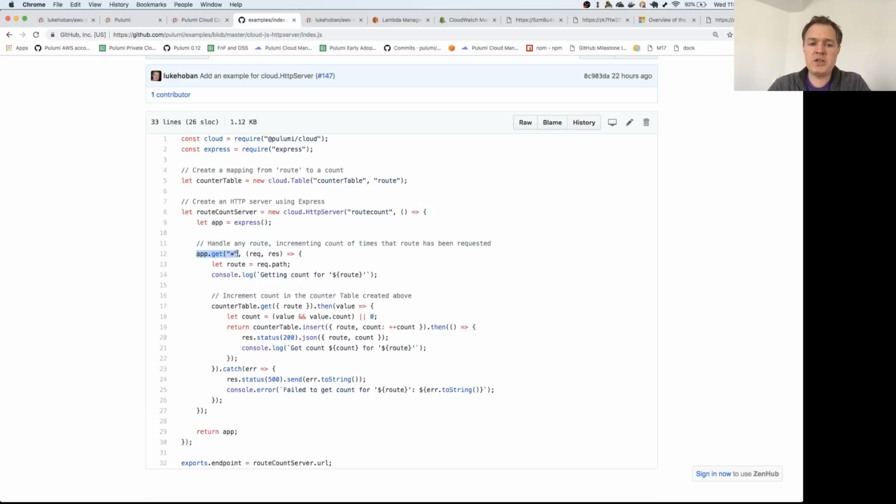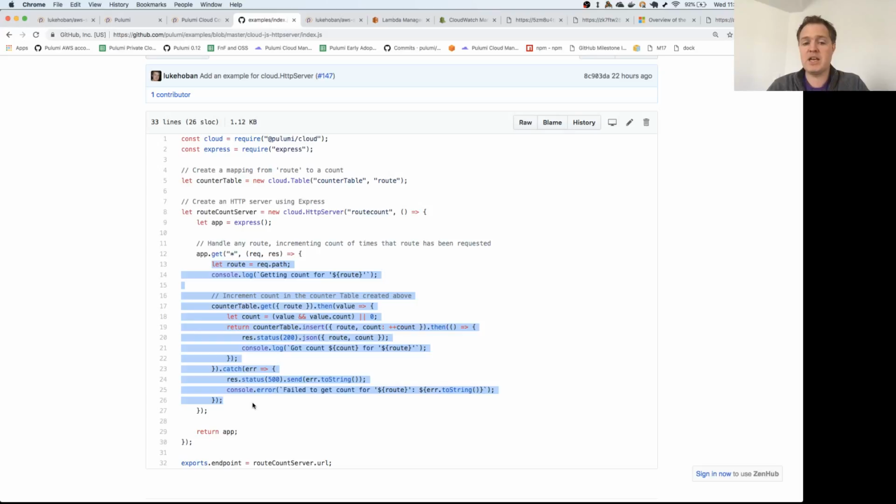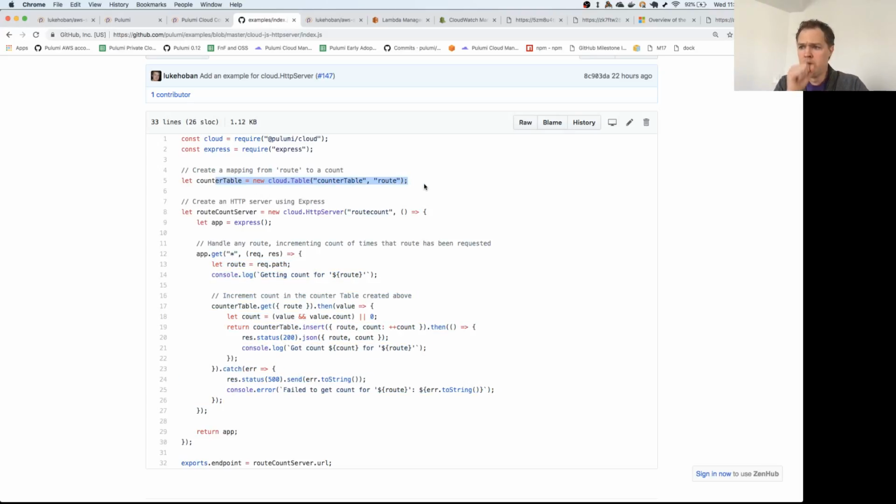But in this case, we handle all routes and then just write some code to count how many times that route has been hit and to store that in a cloud.table. And so this has a backing data store associated with it, and it manages the state of those routes for you. But again, this can be deployed to any cloud